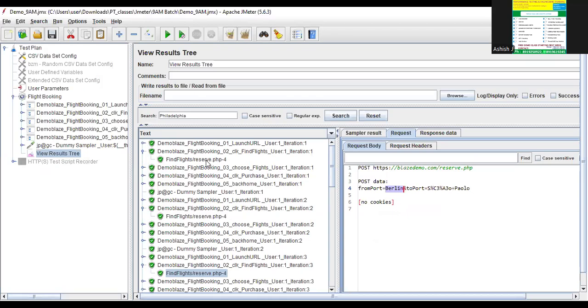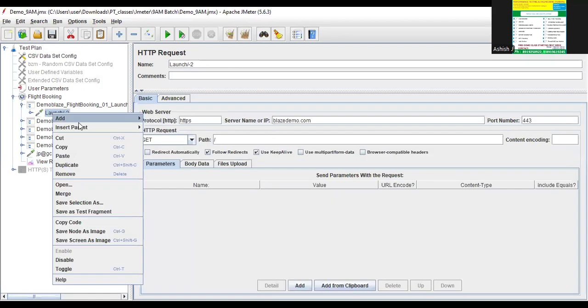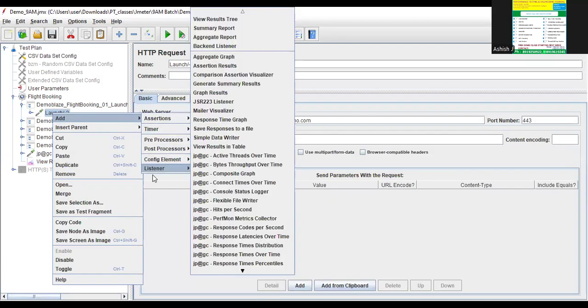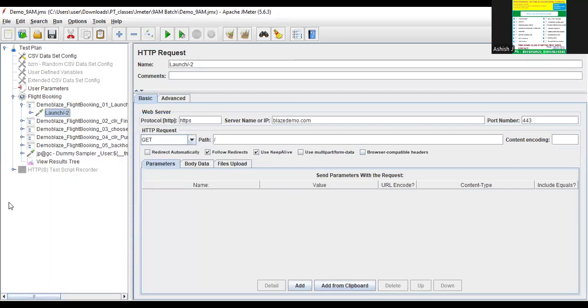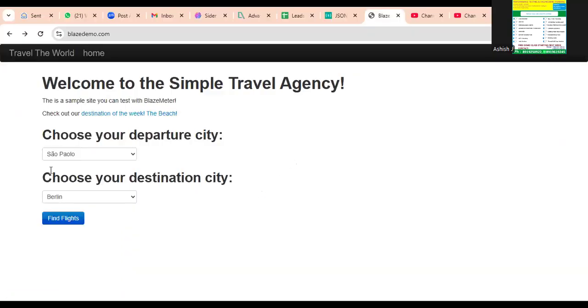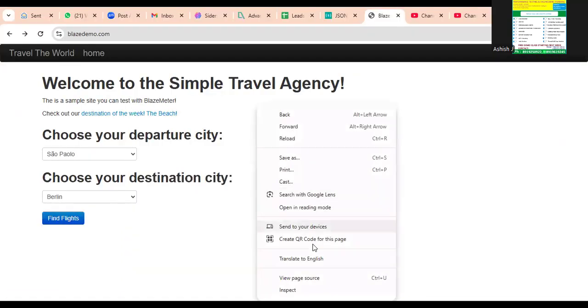So what is the solution to this? That I will tell you. We have another extractor called CSS extractor. Using that, you can split this into two parts, and you can capture only by the name of the list box name. See, here this list box name is Departure, right? This list box name is destination. So we need to